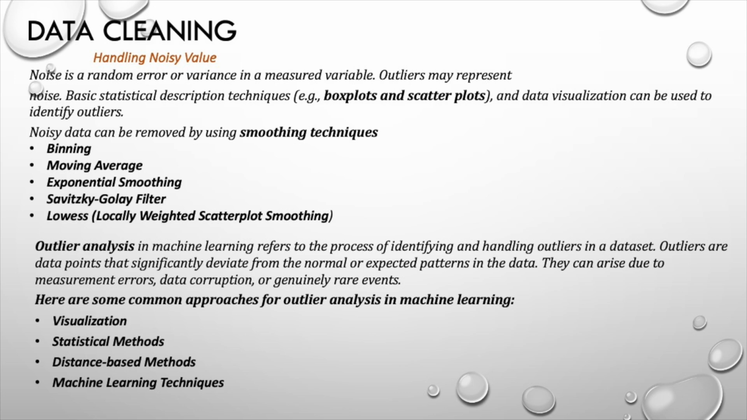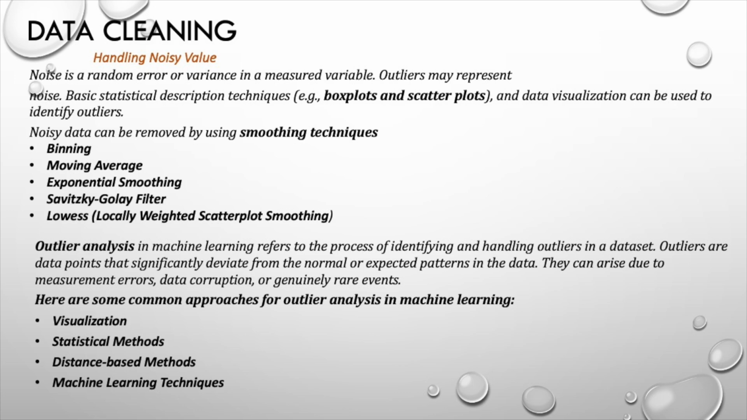Data points with high Mahalanobis distances are considered outliers. Machine learning techniques. Clustering. Outliers may form separate clusters or be assigned to sparsely populated clusters. By clustering the data, outliers can be identified as points that do not belong to any cluster or belong to small clusters. Anomaly detection. Anomaly detection algorithms, such as isolation forest, one-class SVM, or autoencoders, are specifically designed to identify